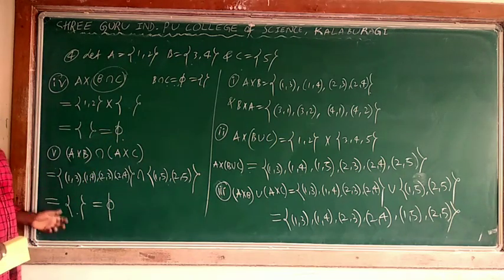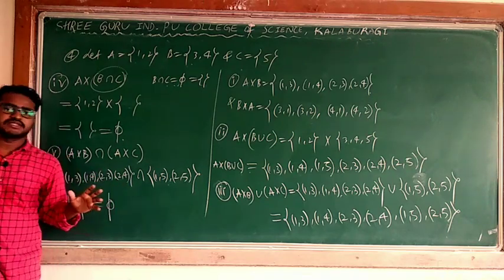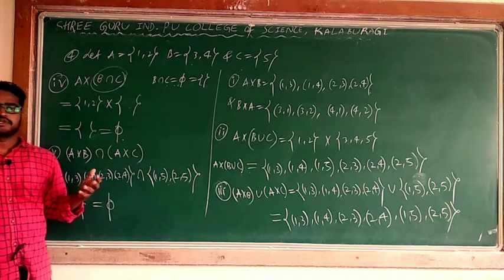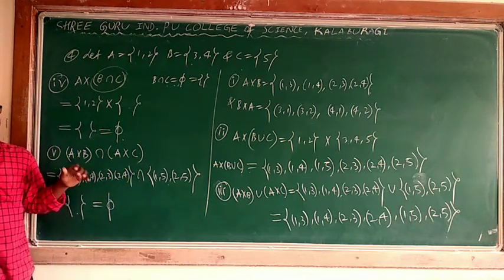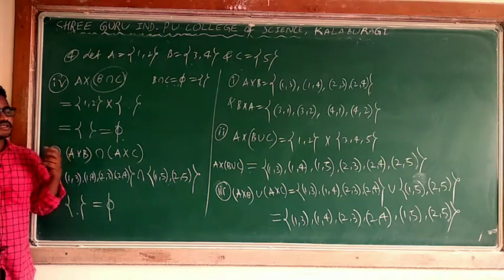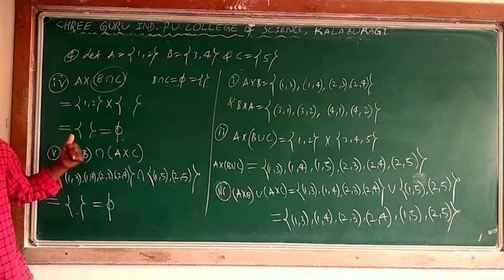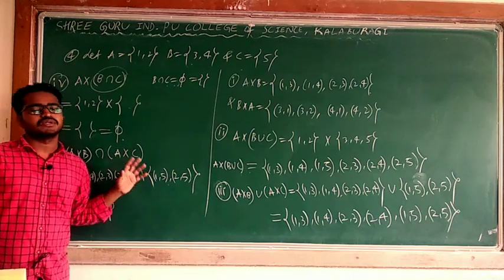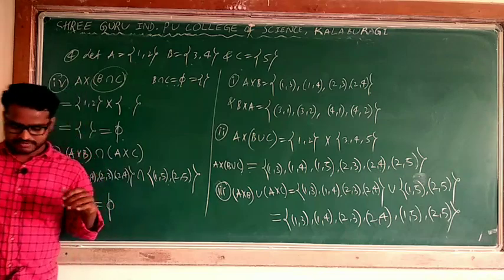Okay, these are some different examples of the Cartesian product. In this class, we understood what an ordered pair is, what a Cartesian product is, and how to find A cross B, B cross A, and some related examples. I will take some more examples in the next class, lecture 2, on relations and functions. Follow these and note down all the points I mention on the board. Okay, thank you. I will continue in the next class.